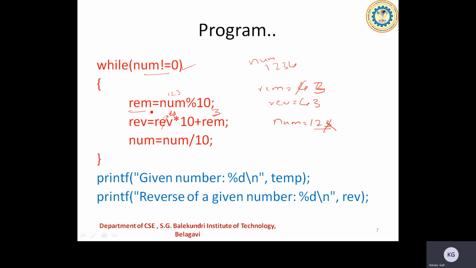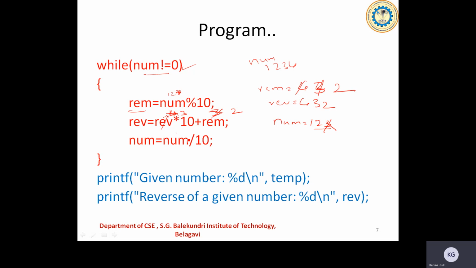Again, 12 is not equal to 0. Again, I'll calculate the new value of the remainder here. So remainder is equal to 12 mod 10 there. So I'm going to get this as 2 here. Then reverse is equal to, if you look at this, reverse is 43 here, right? So now new value of remainder is 2 here. So 43 into 10 is 430 plus 2 is 432.